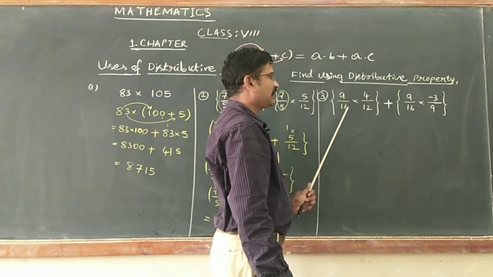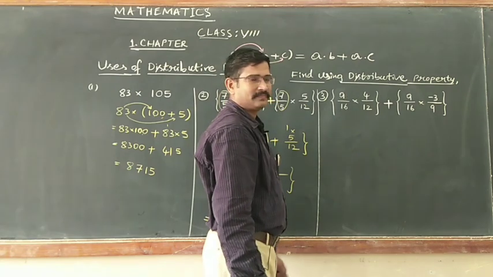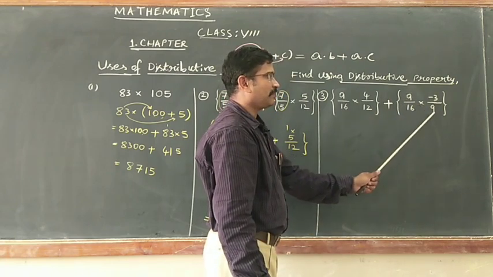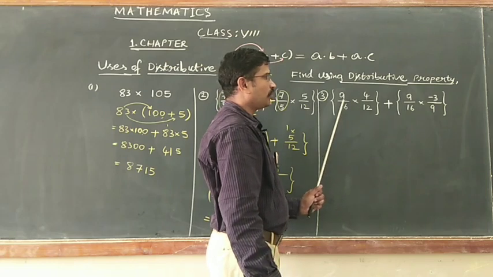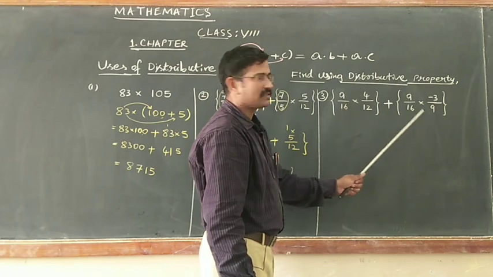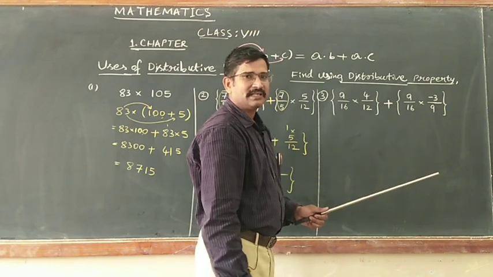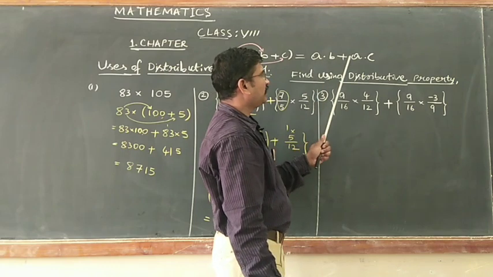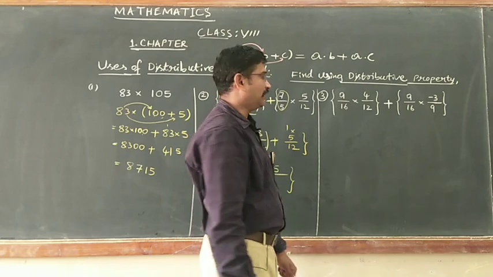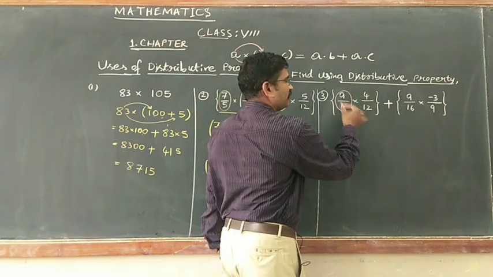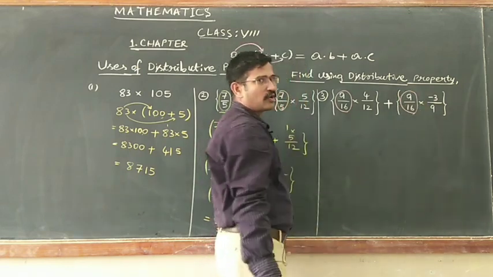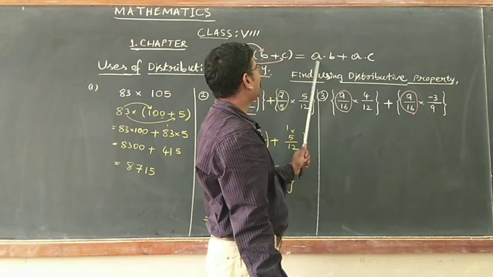Similarly, 9 by 16 multiplied by 4 by 12, added to 9 by 16 multiplied by minus 3 by 9. That means I have two individual products added. Now I have to identify, since it is in the form of A into B plus A into C, who is that A? The common rational number. Here you can observe 9 by 16 in both the individual products as a common rational number, which can be taken out,